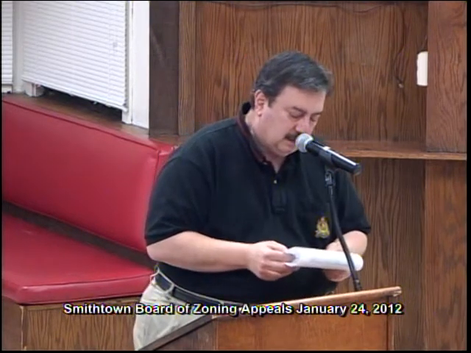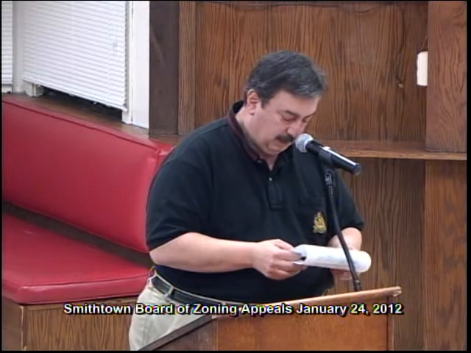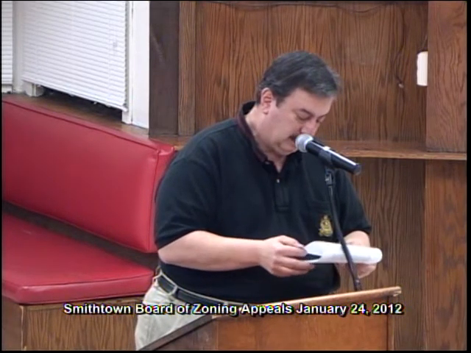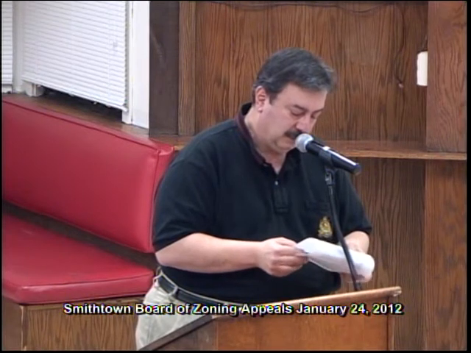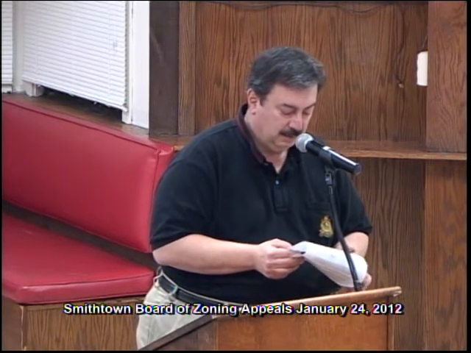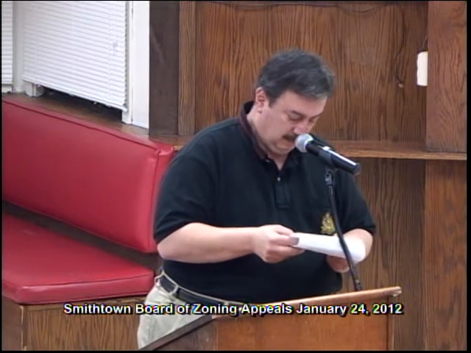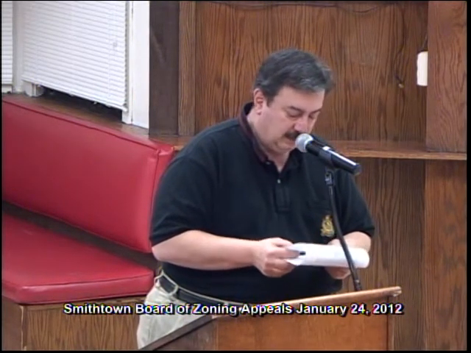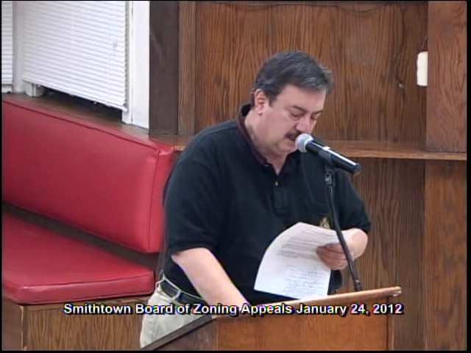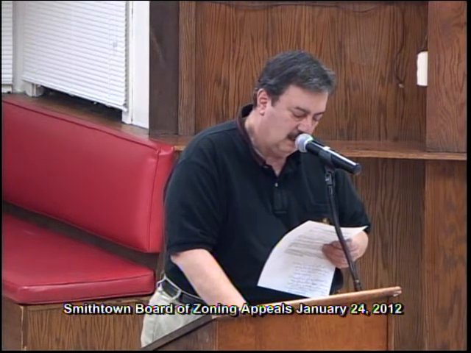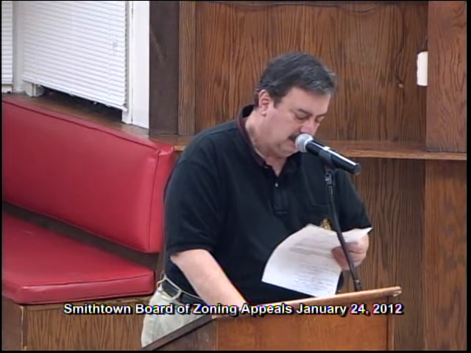The benefit cannot be achieved by any method other than variance, as the fence is already in place. It's there to keep out trespassers who frequently go down the trail parallel to the fence on the absent neighbor's property. The requested variance is not substantial. This variance will not have any effect or impact on the physical or environmental conditions in the neighborhood.